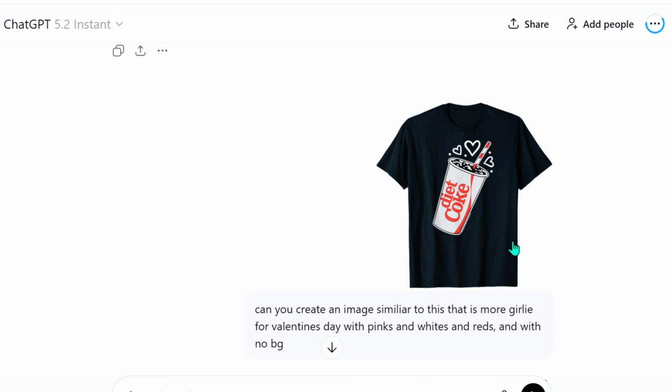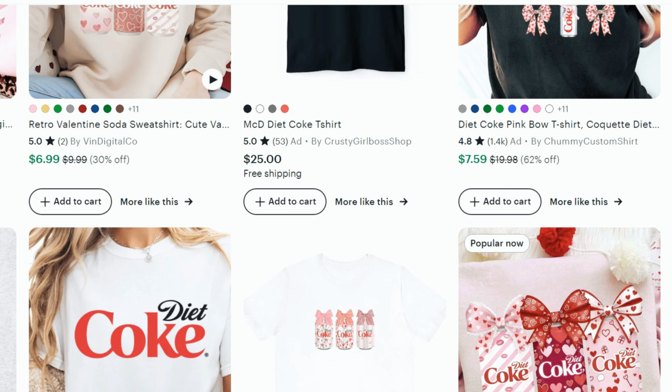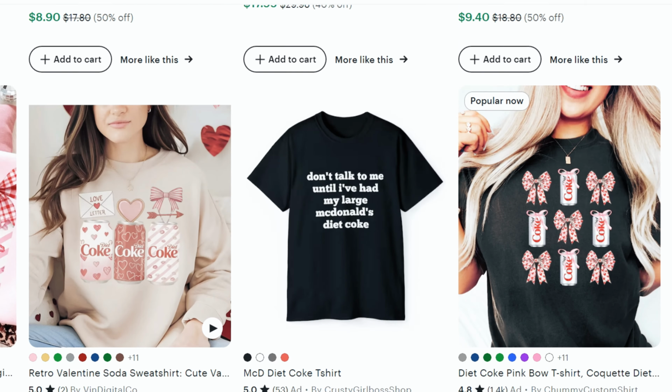So we're going to start over in ChatGPT, and I'm going to show you how to create that image or something similar to it. If you like it, it's really easy to create images in ChatGPT. So I wanted something that said Diet Coke and something that was also Valentine's Day theme. So what I usually do is I head over to Etsy, and I just like to look and get some